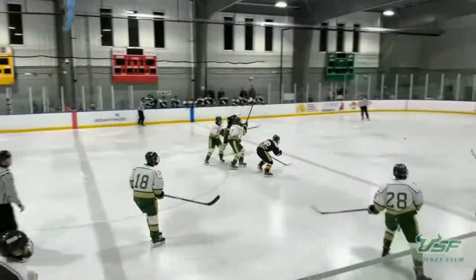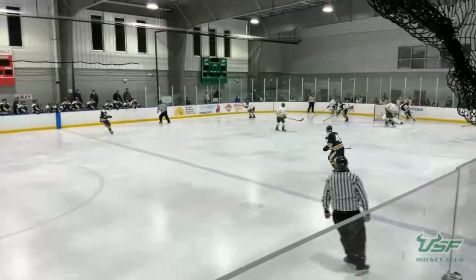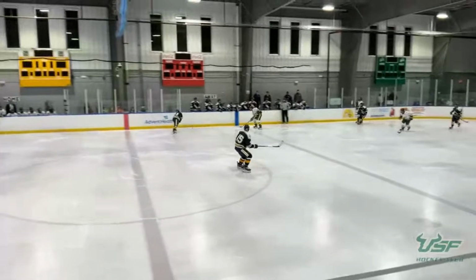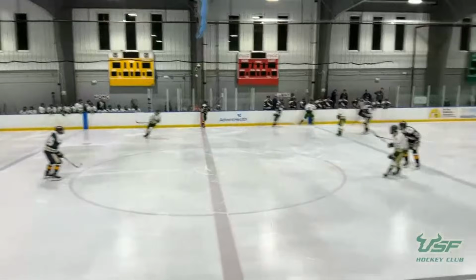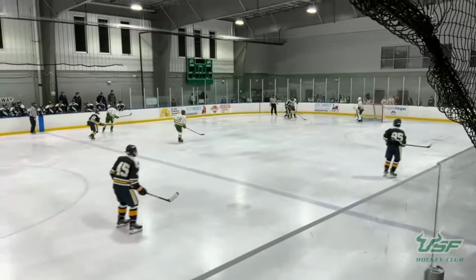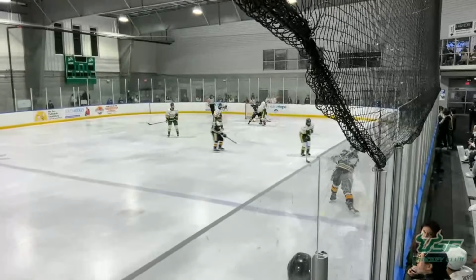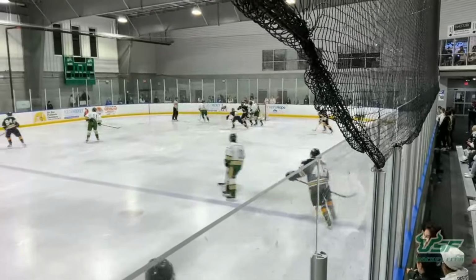It's a gritty play there by number 95. That's Nick Cox. He got up early on the face-off against Rosello and tripped him up right after the puck was dropped. Yeah, Rosello was on his butt after that. That just shows you the grittiness of this Embry-Riddle team. Set play off the face-off. Indeed, the Embry-Riddle team has been showing the grittiness now,